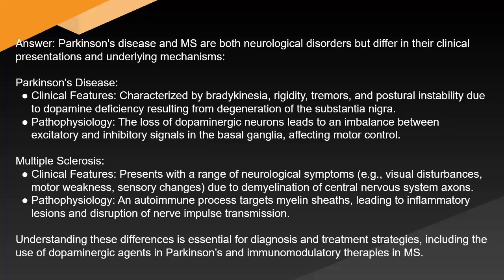Multiple sclerosis clinical features: presents with a range of neurological symptoms, e.g., visual disturbances, motor weakness, and sensory changes due to demyelination of central nervous system axons. Pathophysiology: an autoimmune process targets myelin sheaths, leading to inflammatory lesions and disruption of nerve impulse transmission. Understanding these differences is essential for diagnosis and treatment strategies, including the use of dopaminergic agents in Parkinson's and immunomodulatory